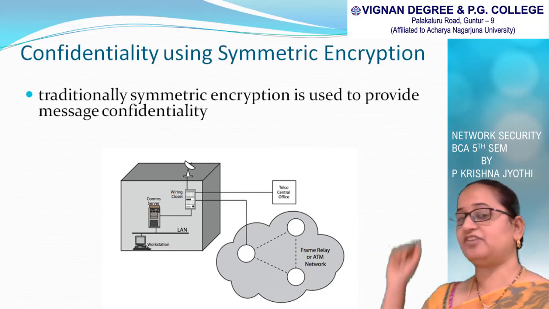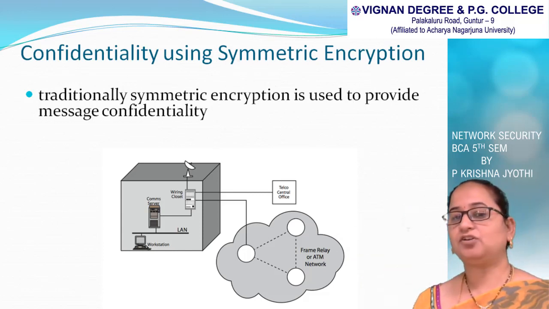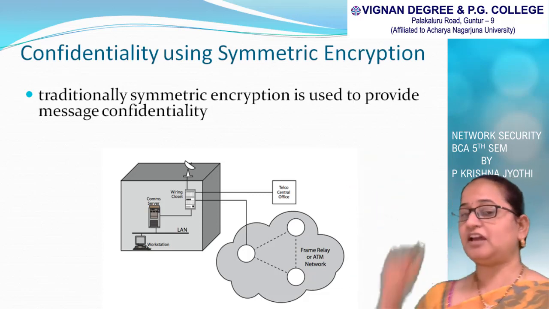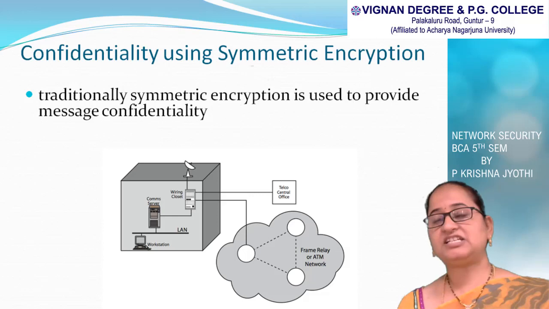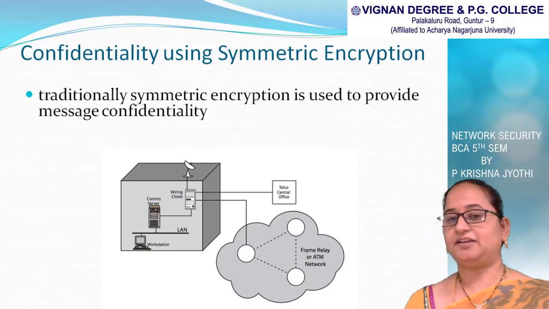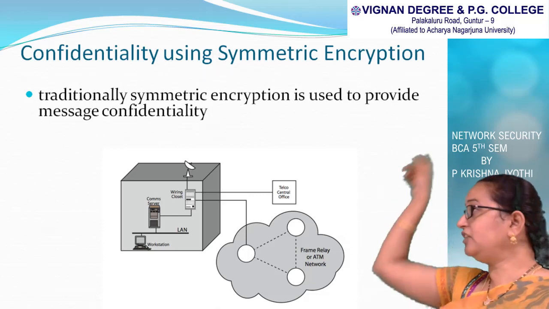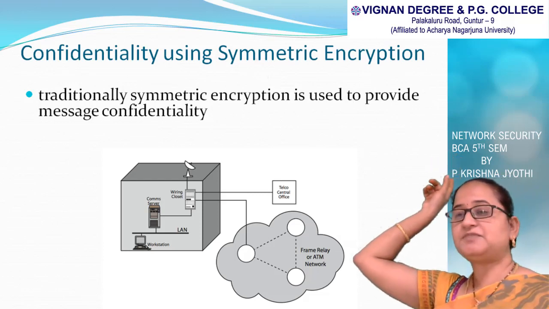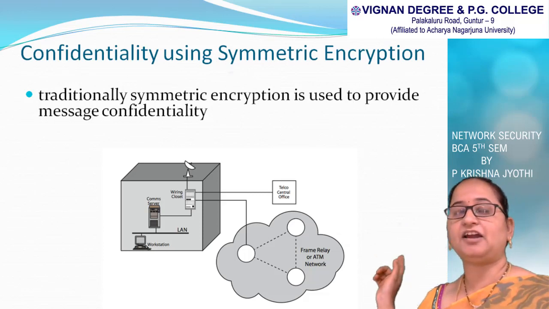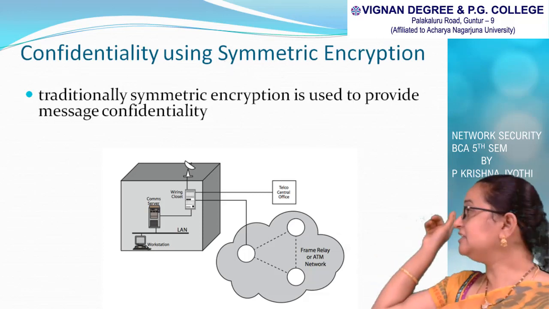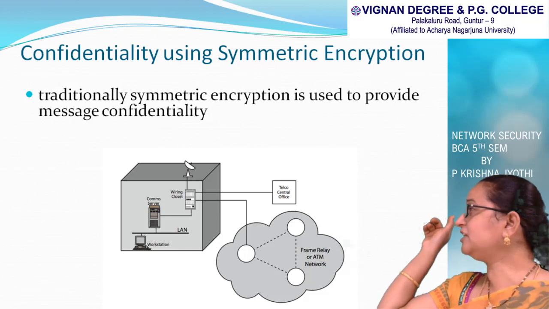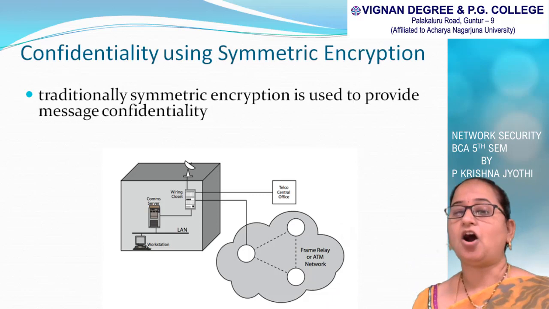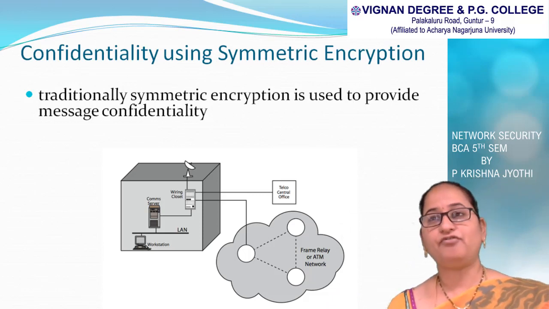This communication server is connected to the wire closet, and from the wire closet there is communication with the outside world. So the wire closet is itself a place of vulnerability. From the wire closet, we communicate with the outside of the organization through the telecom central office or through the frame relay or ATM network. The frame relay or ATM network is a place of vulnerability, and the telecom office is a place of vulnerability. All these are places of vulnerabilities.